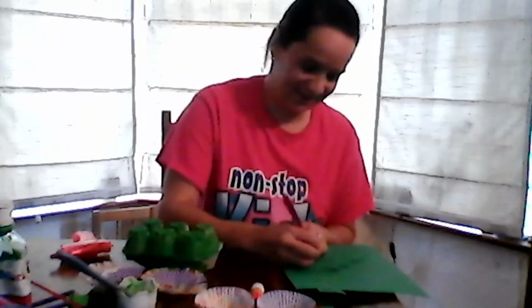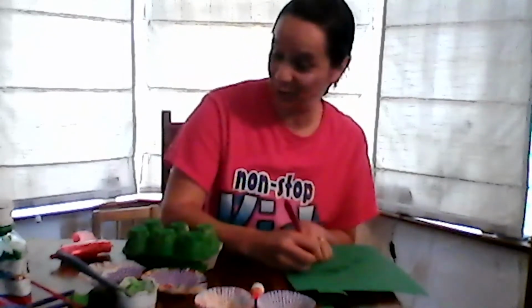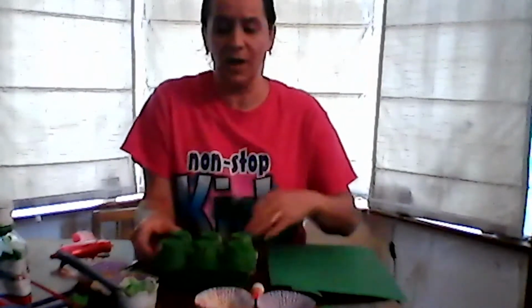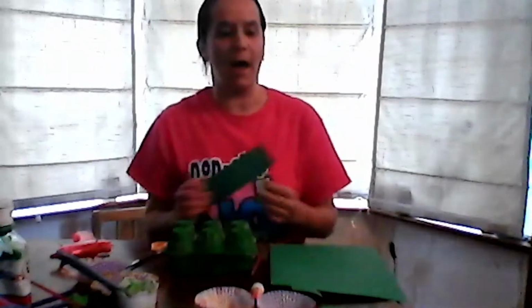So you could even make up a short quote or a short poem, a lovely message, even if you're making it just for yourself. So there's where our message can go. And you can stick this onto your egg box, either using double-sided sticky tape, which will work best if your